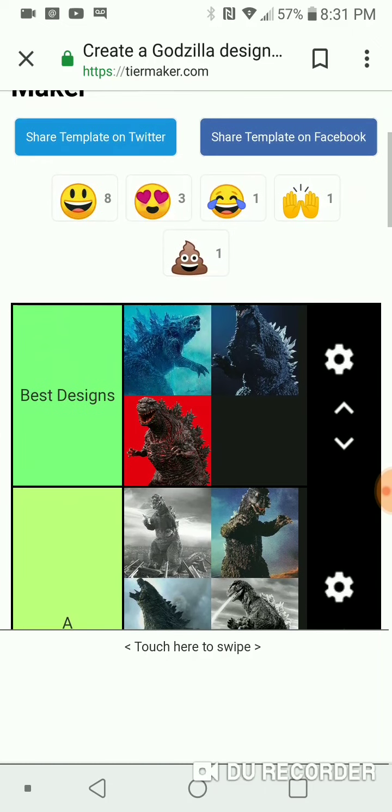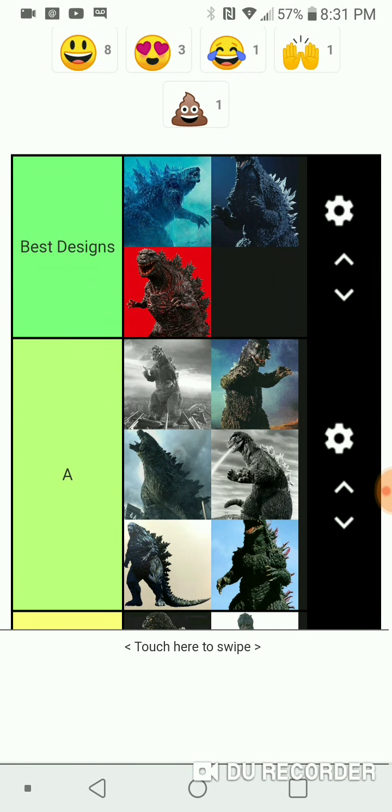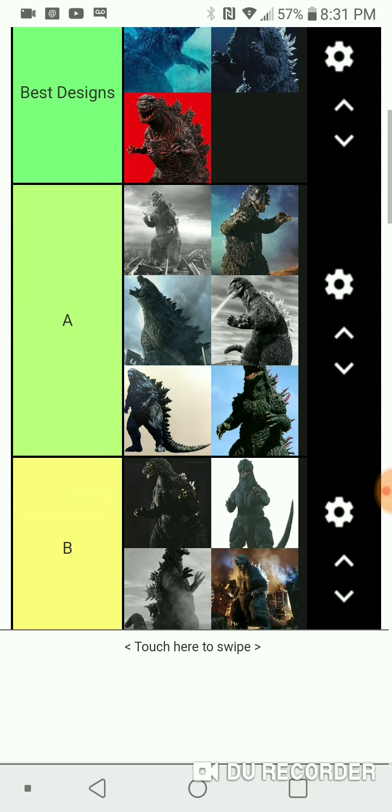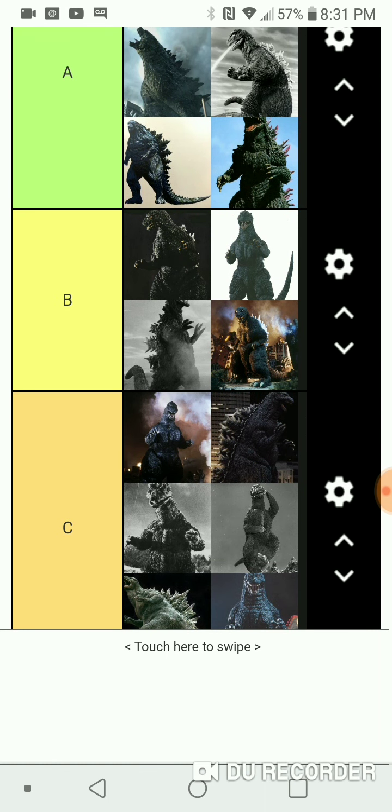But yeah, that's the tier list right there. So you got 2019, 2003, and Shin Godzilla on the best designs. You got 1954, 1974, 2014, 1962, anime Godzilla, and 2000 Godzilla in tier A. In tier B, you have Godzilla from the Heisei version of,